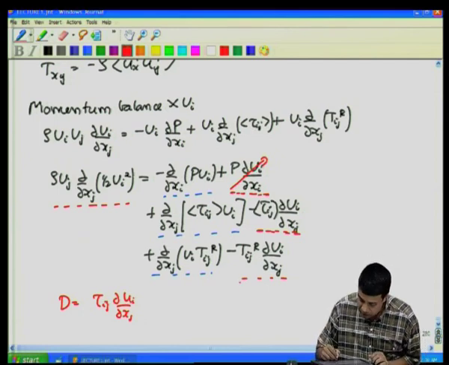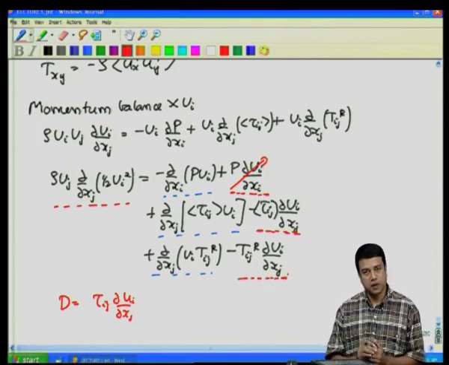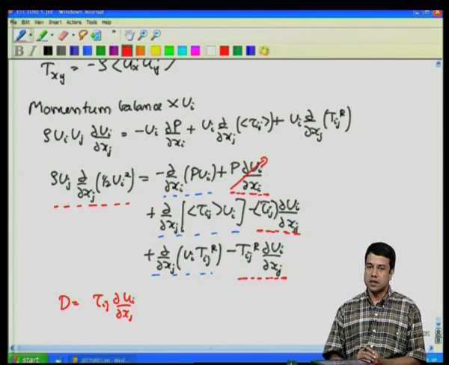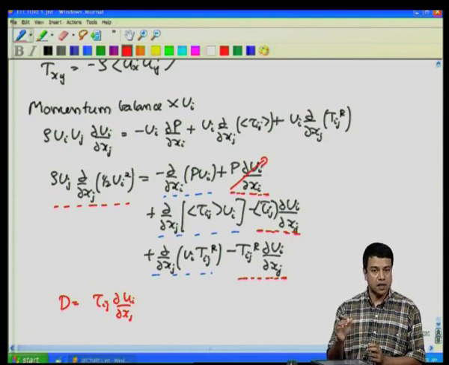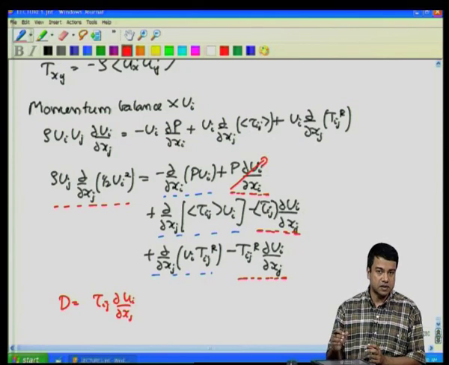This last term here is the energy dissipation due to the Reynolds stress. As I said, the Reynolds stress is due to the fluctuating velocity of the fluid. Locally at each point the fluid has a fluctuating velocity. Because of that, there is additional momentum transport because these fluctuations are correlated, and that causes the Reynolds stress. So, in addition to the viscous dissipation mechanism that I had for a normal fluid, the average value of the stress times the average rate of deformation, I also have this additional dissipation due to the Reynolds stress